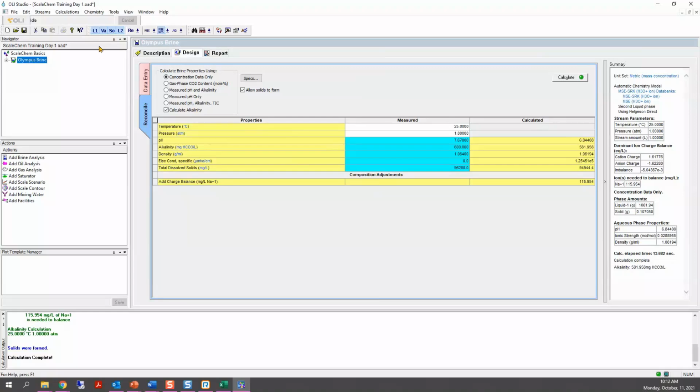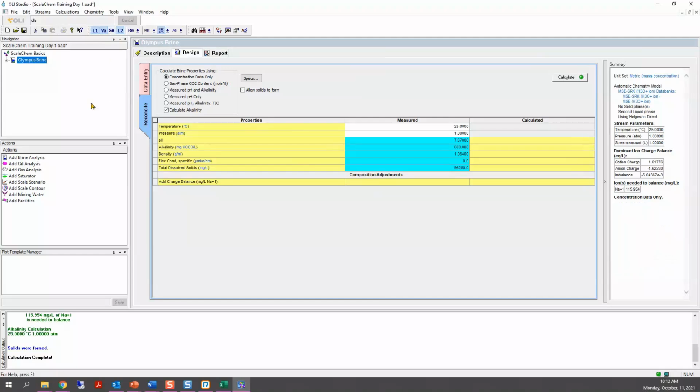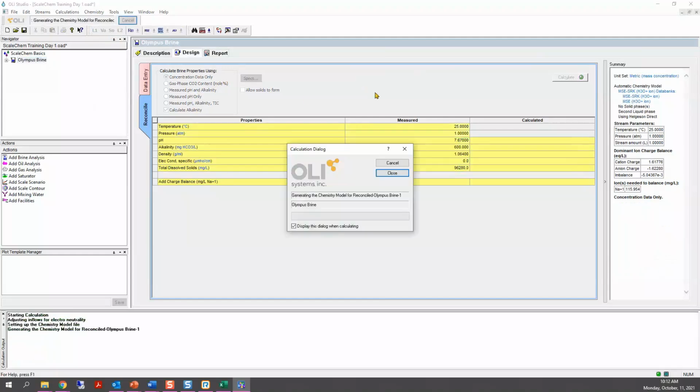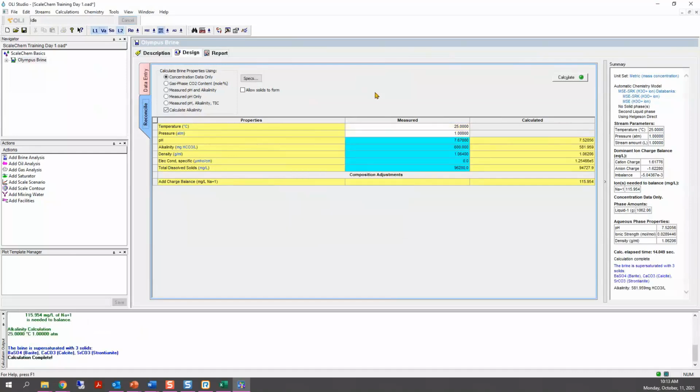So what I'm going to do... Can I ask a question about this? Because if the thermodynamics predicts that these solids are going to form, how are you going to force them to stay in the solution artificially if they're going to form throughout the process? I am going to let them, I'm not going to allow the solid phase to be part of the calculation.